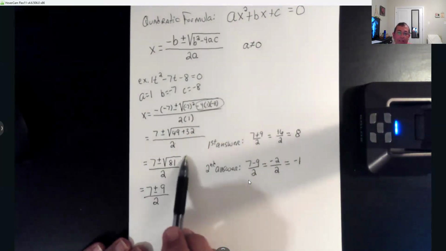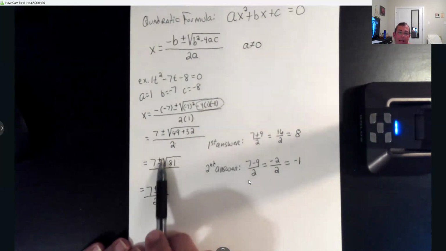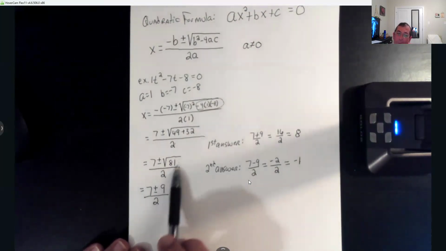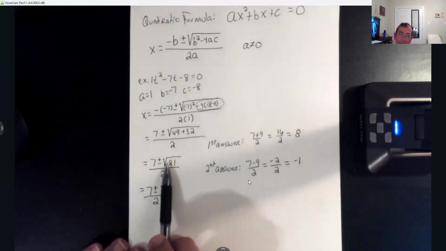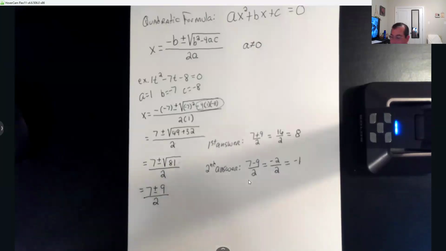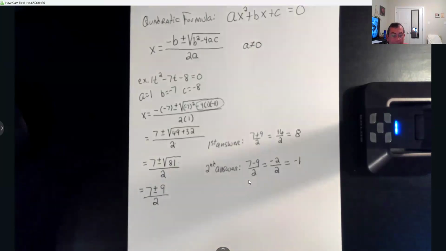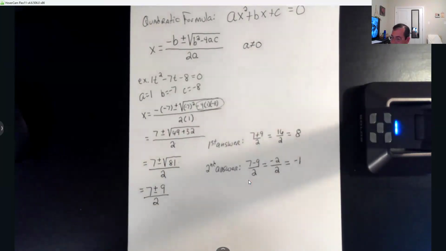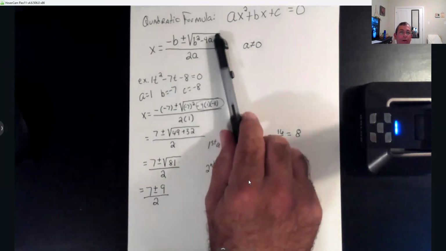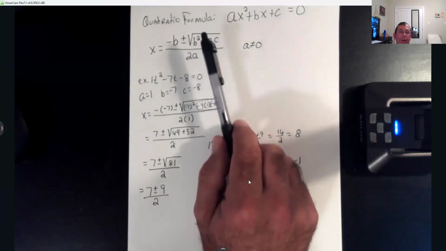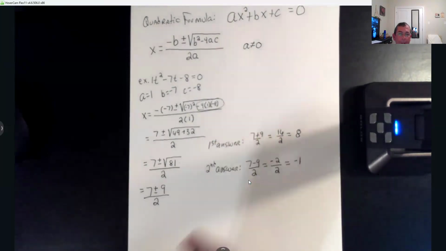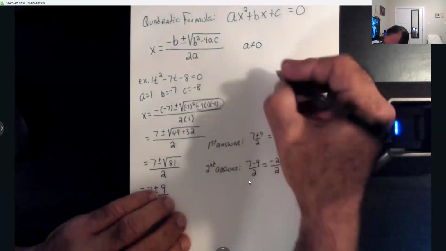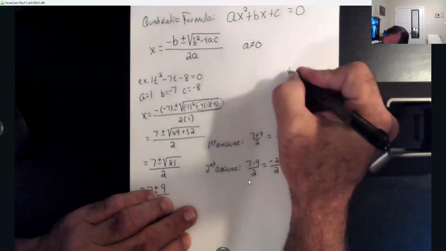And the trick on it is actually this part where you simplify these radicals. Sometimes they won't put perfect squares under there, and you got to learn how to simplify those. But y'all, we'll hit that tomorrow when we hit 7.4 and we start trying to simplify these radicals, okay? So I just wanted to give y'all a preview of what's coming tomorrow, this quadratic formula. And then another thing we'll do tomorrow